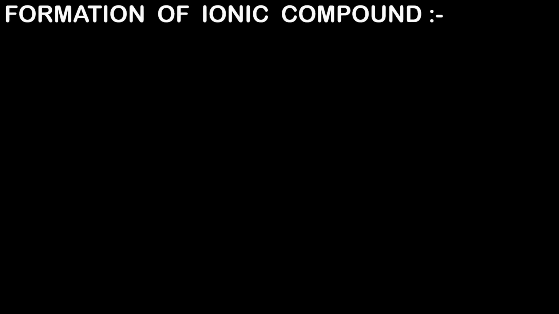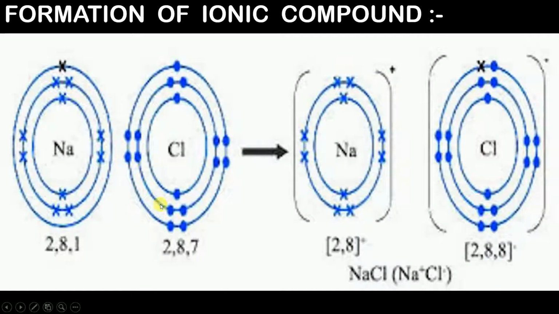During the formation of sodium chloride, we have an atom of sodium and an atom of chlorine. The sodium atom has one electron in the outermost energy level, whereas the chlorine atom has 7 electrons in the outermost energy level. Since chlorine requires one more electron to complete its octet, whereas the sodium atom does not require the one electron present in its outermost energy level,